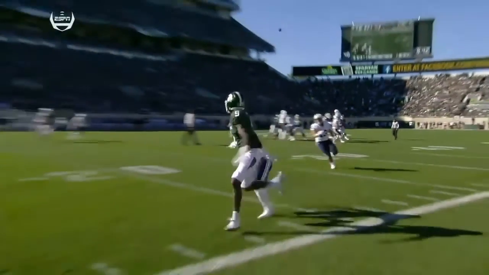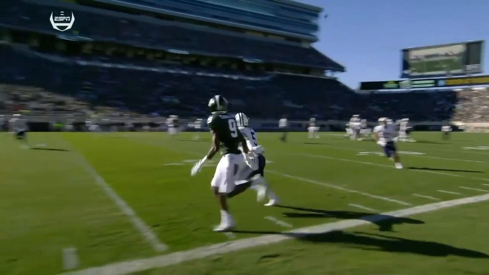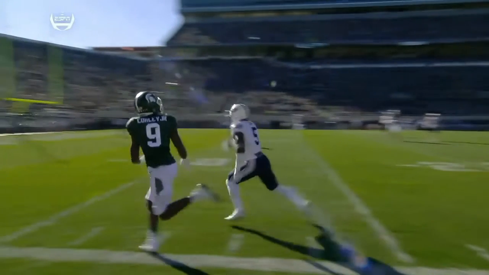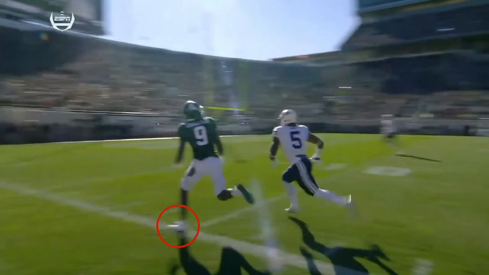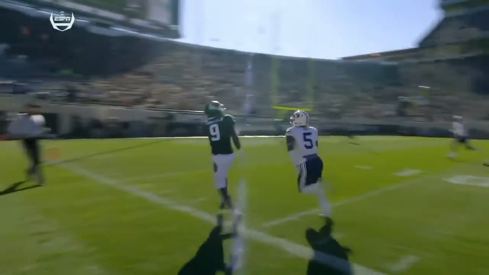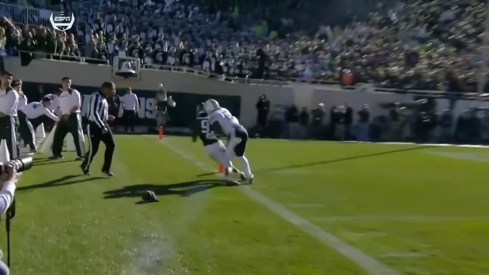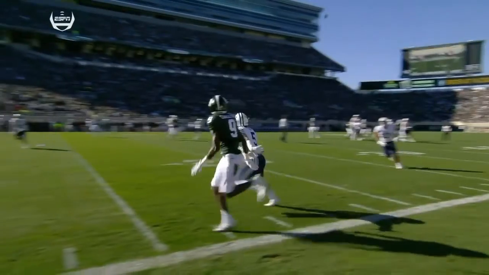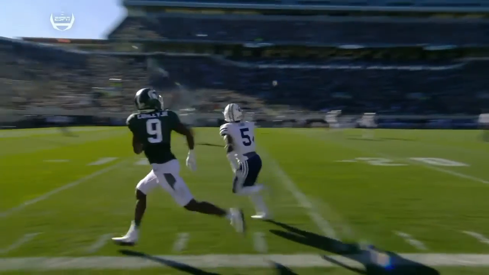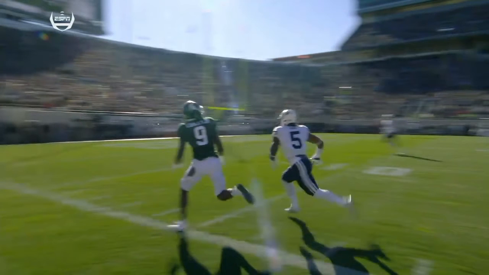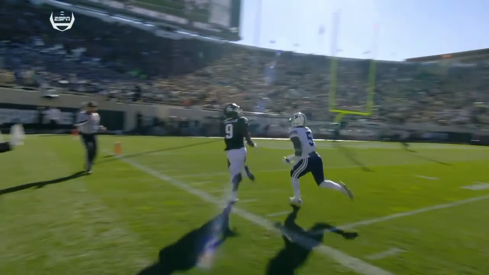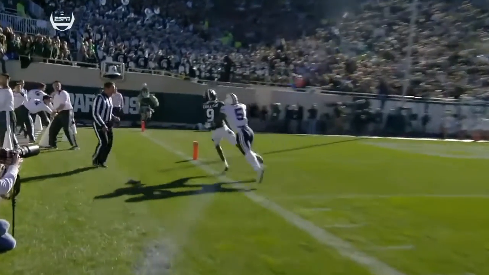but this is an illegal touching of a forward pass because you can see number 9 is going to step out of bounds. He's not in contact with any defensive player, so he goes out on his own and is the first to come back in and touch the pass. Now, why wouldn't we make this foul? Simply because you want your communicator to tell you, is there any other flags down? If there's no flags down, why make this foul? Simply because the ball is going to be placed at the same spot, so why take time and stop the game just to burn up a couple of minutes?